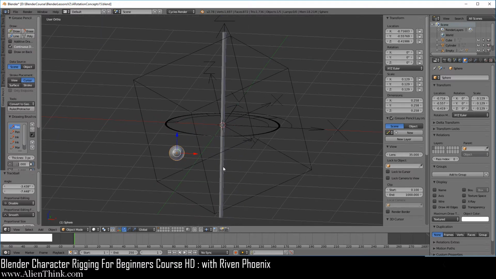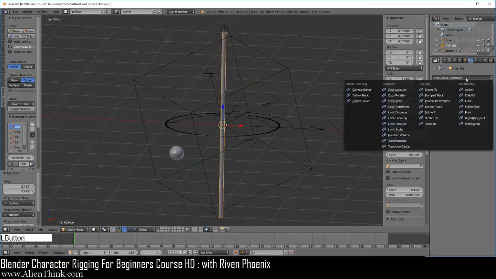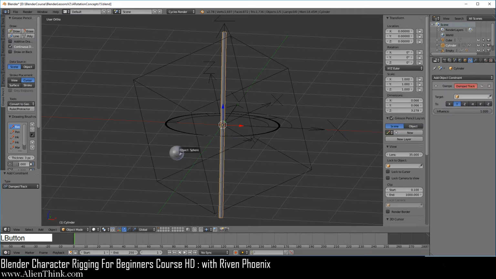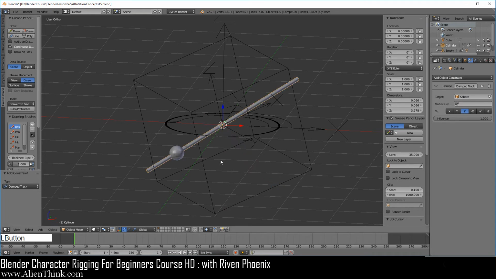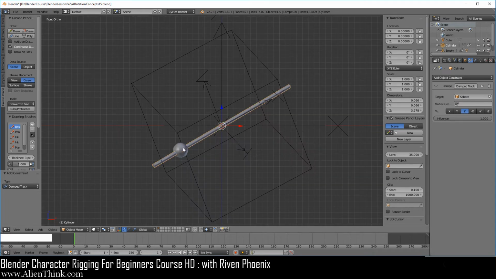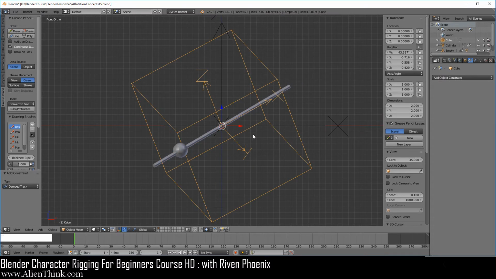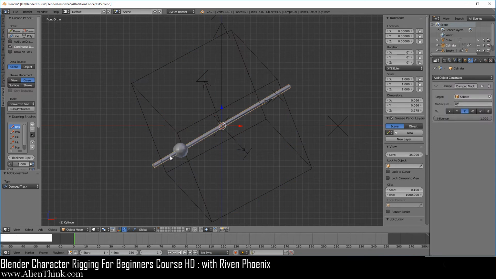All you have to do now is click on this pole, go to the constraints, over here do damped track, and select the ball, and over here we're going to do Z. Notice that this is where the pole ended up pointing. So what exactly is this doing? It's actually very simple to understand. So here is how we have rotated this object, right, from its original starting rotation. So now if we want to put this object back, meaning to where it came from, all we have to do is take a look at how to do this with the pole.